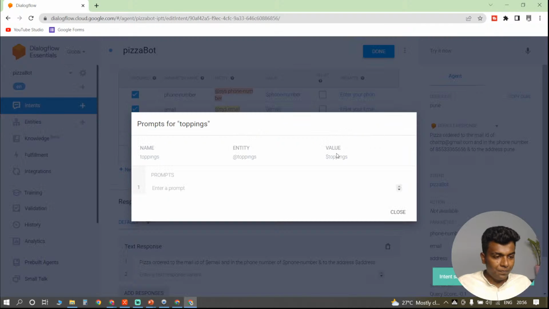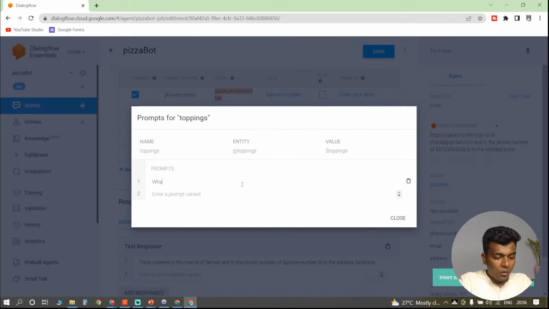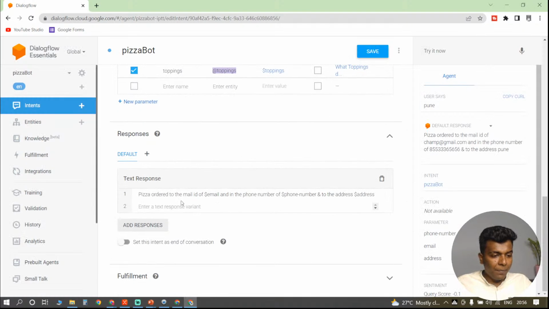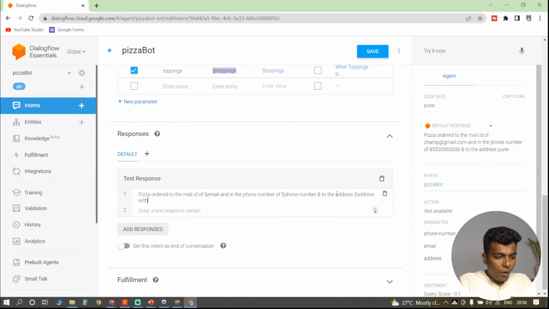And you just see here, I'm going to add a prompt. What toppings do you need? Okay, so likewise, you can add a lot of questions here. And pizza ordered, likewise, it is going to give everything, address with the toppings name, right? So toppings,